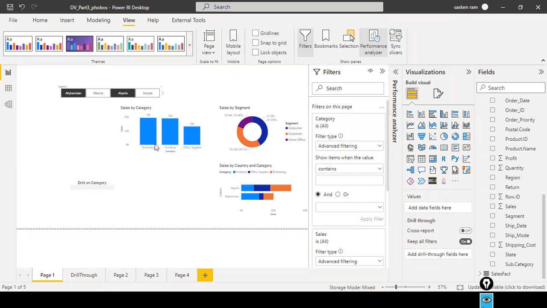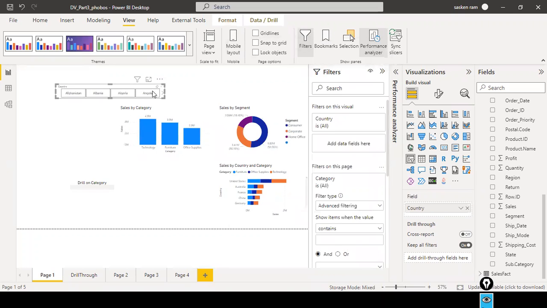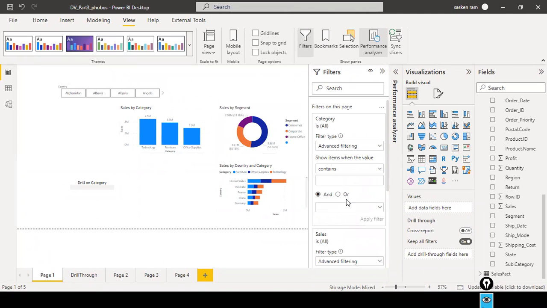Let me do one thing. I just clear this one. Okay, and if you see here, I just cleared this one. Filters on this visual, filters on this page. Okay, and look here, by default, filters on this page and